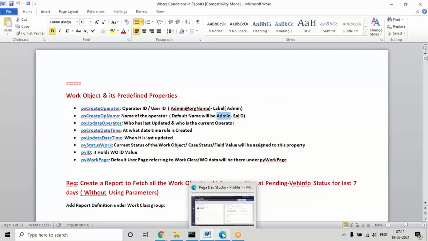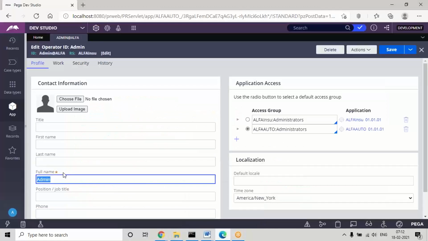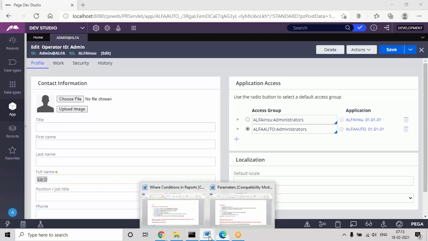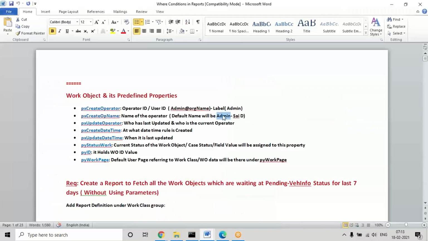Suppose I update the full name value now. In future transactions it may show this updated name, but all the past transactions we have generated will keep the name admin. If I run any transaction or generate any status in the future, it will show the updated value. So if you want to update the name, you can give some name here, and for the next transactions it will show this updated name. For the previous transactions, it will show admin.